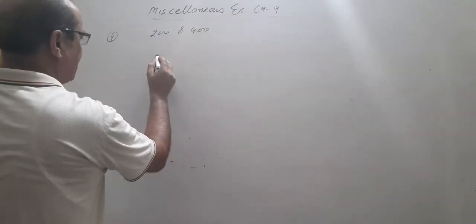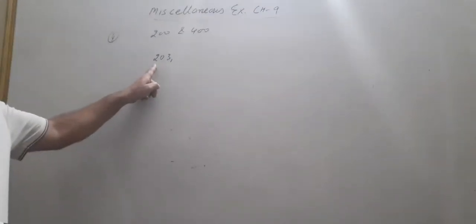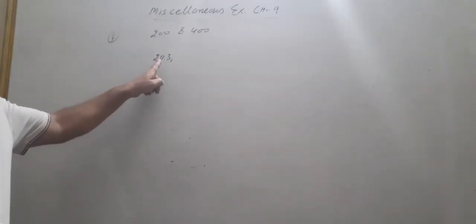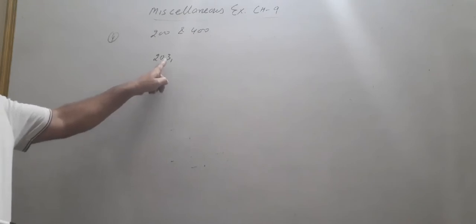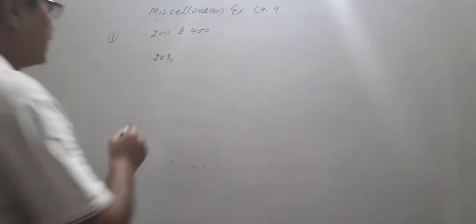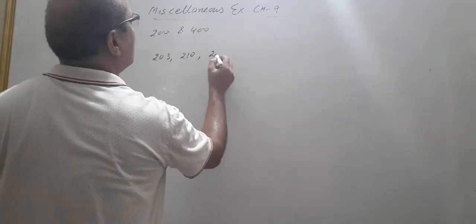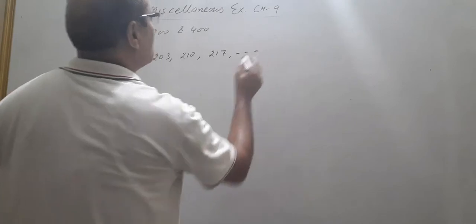Divisible by 7 means the first number will be 203. 203 is divisible by 7. You see, okay, that is divisible by 7. That is 246. Okay, you know, this is divisible by 7. The next number, we write by increasing 7, son. So what is the next number? That will be 210. Again, this is divisible by 7. And the next is 217 and so on.